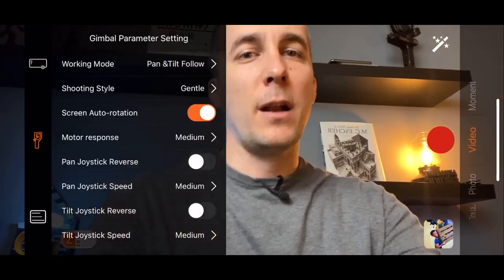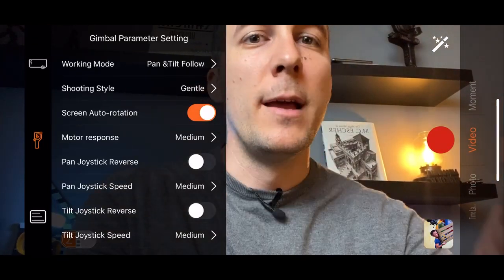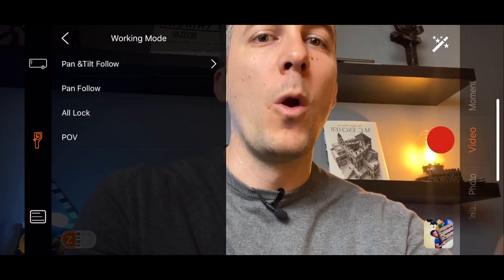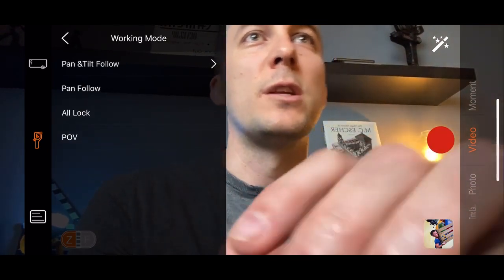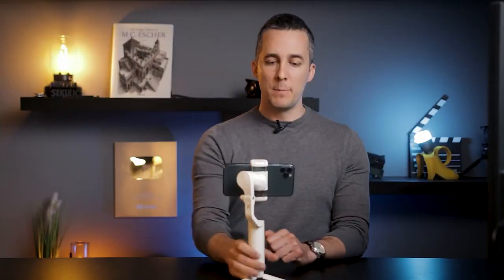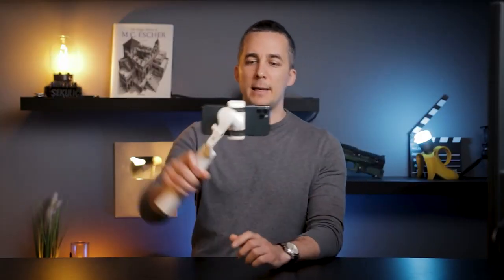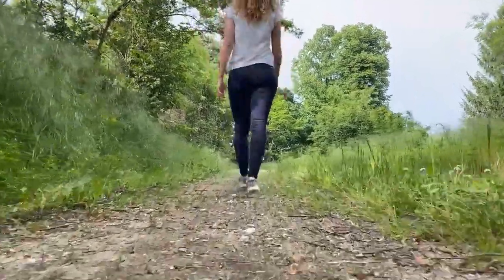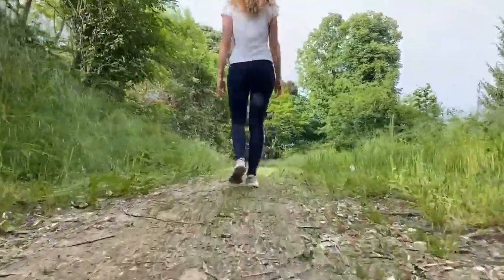There are settings here, a lot of cool settings, a lot of cool modes. You can change the mode of the gimbal. It has pan follow, pan tilt follow, all lock, and point of view mode. So point of view will follow all the directions. And also you can rotate the gimbal upside down and film it like that. It will automatically rotate the phone, and you can have some really nice lower shots